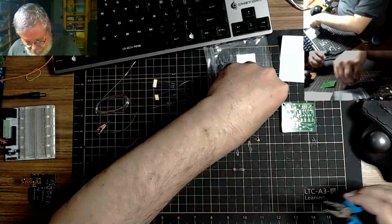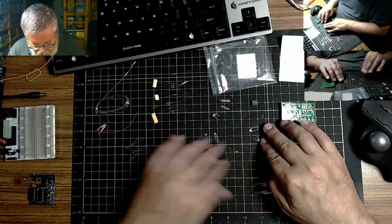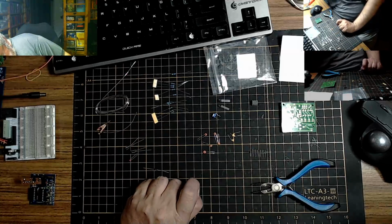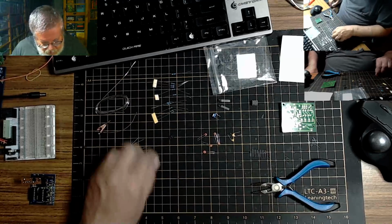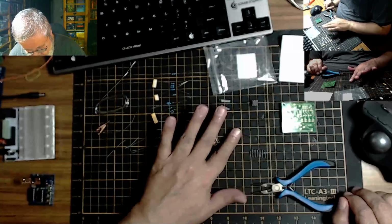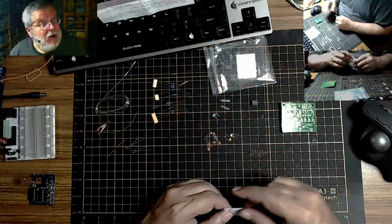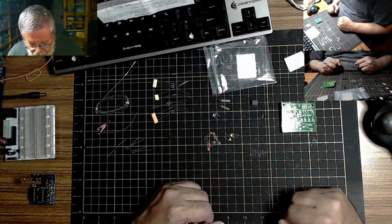Yeah, there we go. Lots and lots of different caps. Little thingy. And what the hell? Oh, a jumper block. Okay. Oh, diode. And more caps. Okay. So, mouse. Make sure we're over here. Okay, so